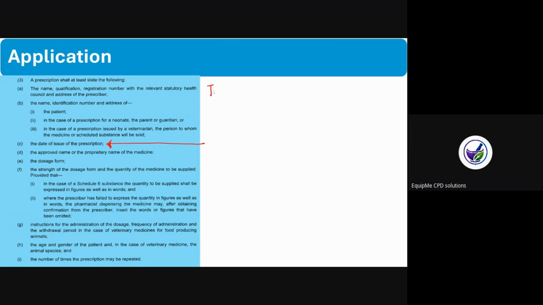Okay, so I start off by giving my evidence a title. Remember, I said that one was evidence 1. So now this is evidence 2. And then what does it show? This is still Regulation 33 of the Medicines and Related Substances Control Act, or whatever that I say. And then in application, I will just provide a brief requirement. The regulation requires that the prescription be provided with a date that's within 30 days, or whatever the case might be, or that the prescription needs to have a date. Then what did I do? I checked the date of my prescription. I saw that the prescription was presented for dispensing on the 10th of May, 2026.